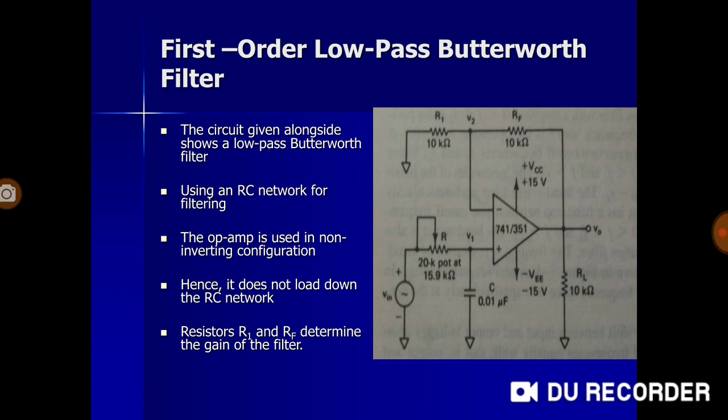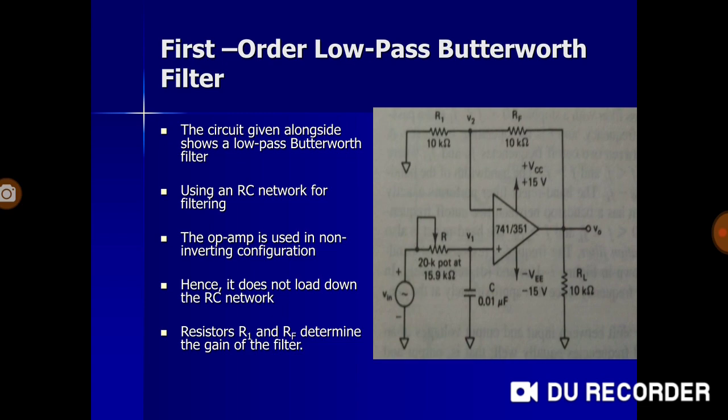Now, the Butterworth filter has the characteristics of a flat stop band and pass band. Flat in the sense the gain or the voltage levels are constant. So it is flat pass band, flat stop band. For Chebyshev, the pass band has ripples. It is ripple pass band and flat stop band. For Cauer, it is ripple pass band and ripple stop band. As far as Butterworth filters are concerned, it is nearest to the ideal filter response that we are talking about. Flat pass band and flat stop band, so it is also called a flat response filter.